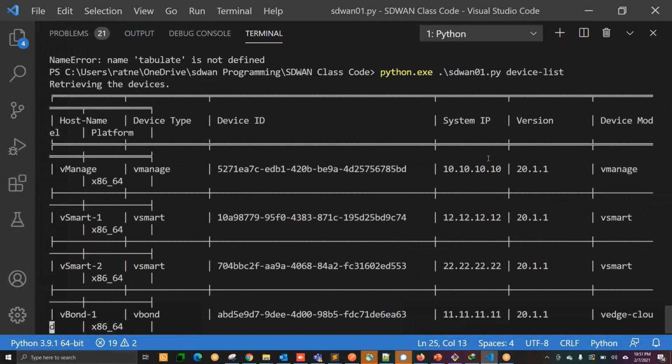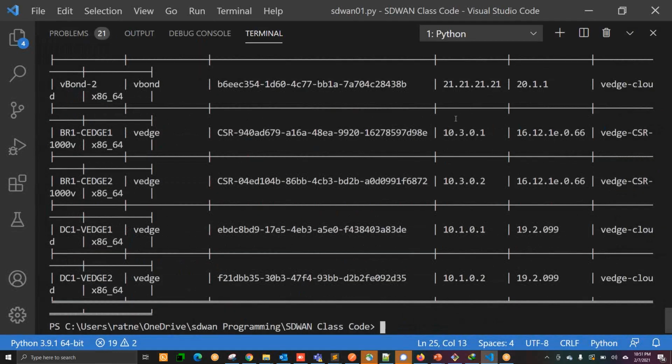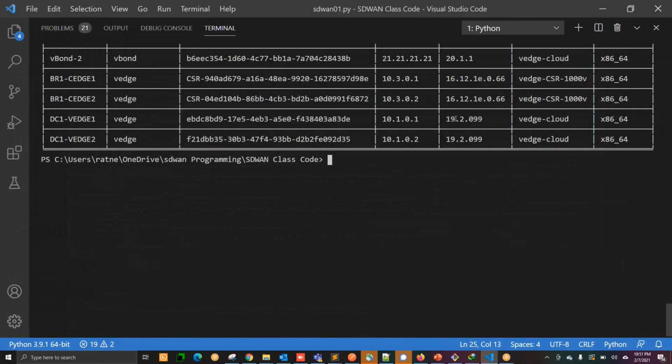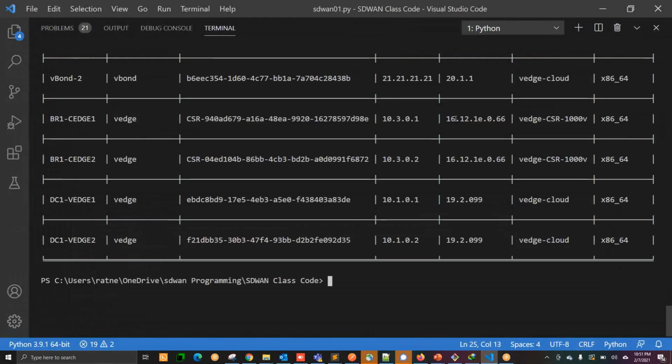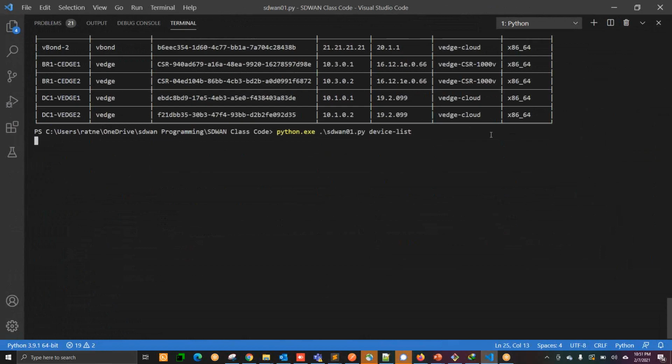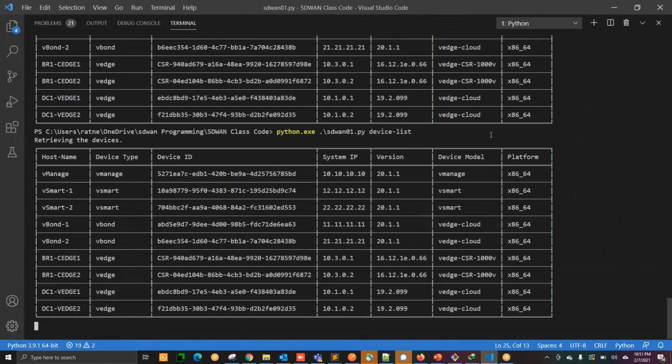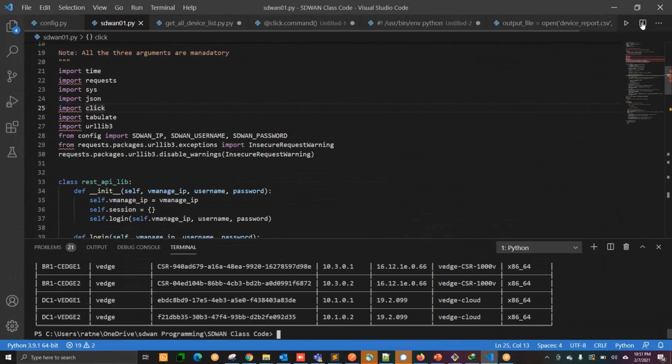Let me run that. See? So when it is generating the table, and if I decrease the font size, you can see here the output. Let me run one more time. See, so we are getting the host name, the device type, the device ID, system IP, version, device model, platform. We are getting a nice output in a nice table format. Correct? Why? Because we have one function, tabulate. Again, how it is happening, I'll show you. We'll discuss this.